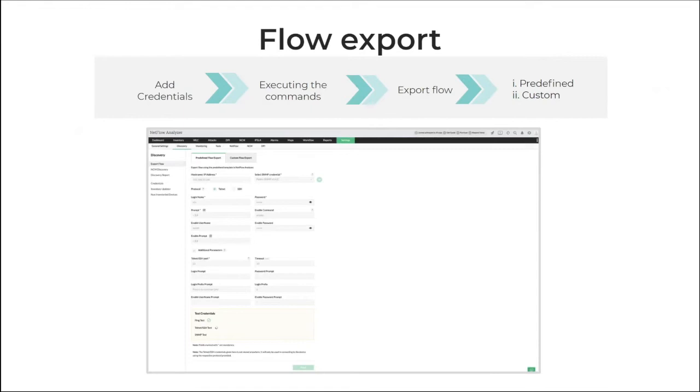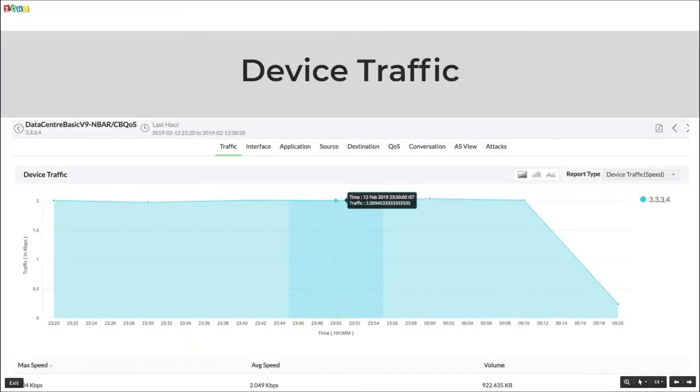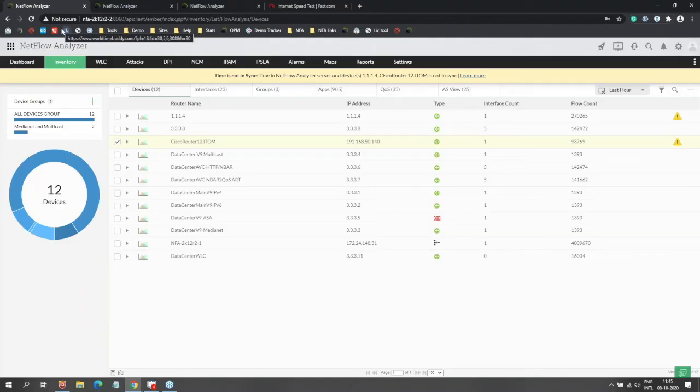Yeah. So what are the different metrics that we show in the product is what we're going to discuss right now, the network traffic analysis. Talking about the first thing, which is the device traffic, because in our product, we show details in two ways. It can be in a device view and the interface view. Device view means this is collective information across all your ports. We collect them all, and we'll be able to show you the top 10 entries. That is the device view.